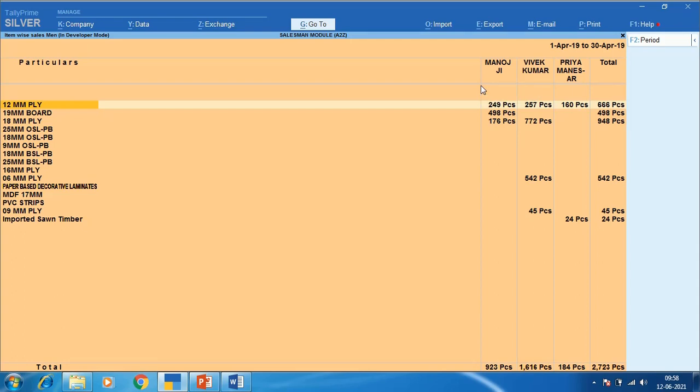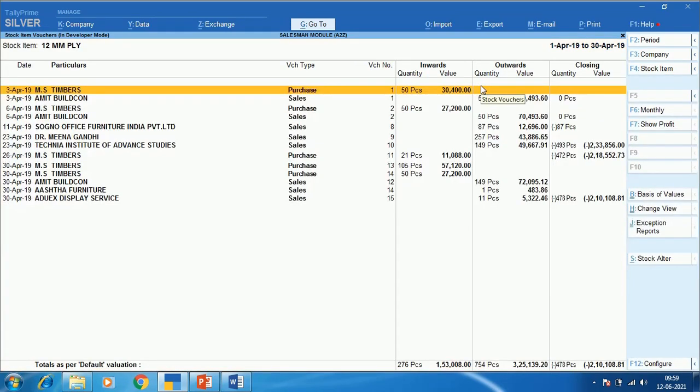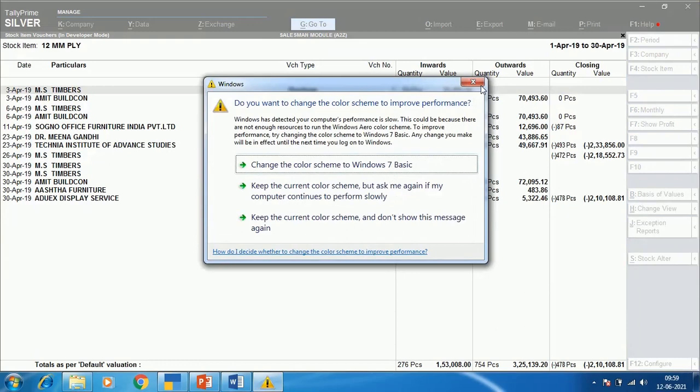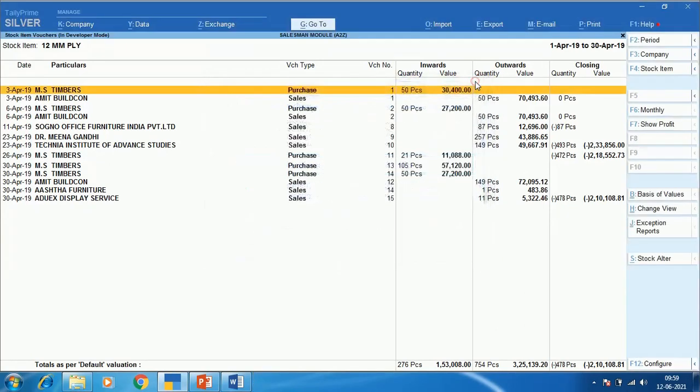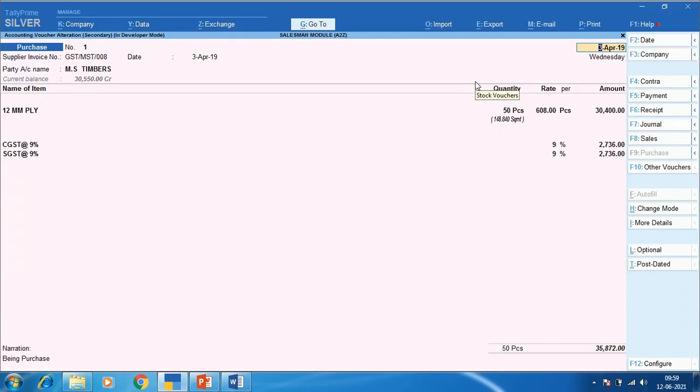First one we will enter is item wise sales, in which you can see salesman wise records, that is, which salesman has sold which item to any particular debtor. You can select and enter, and you will see which salesman has sold 12 ply, and every record will be there, in which you will see voucher number and records as well. By entering it, you will see the sales voucher display, and you can alter as well, which is very important. It's not a display report only, you can enter, you can alter, and everything you can do there. By saving that,